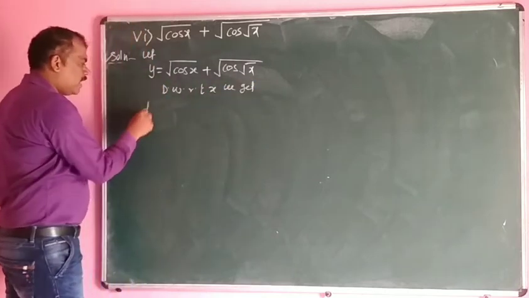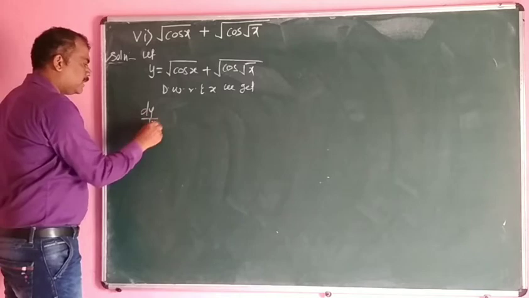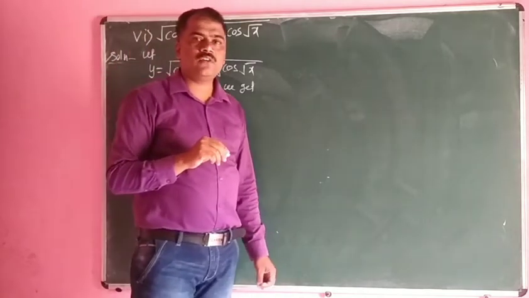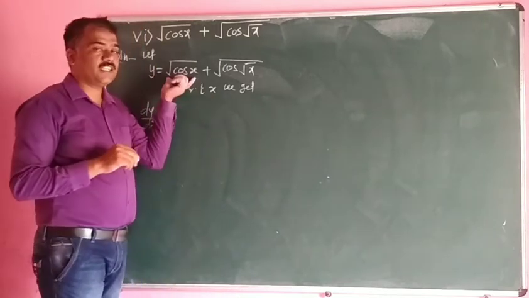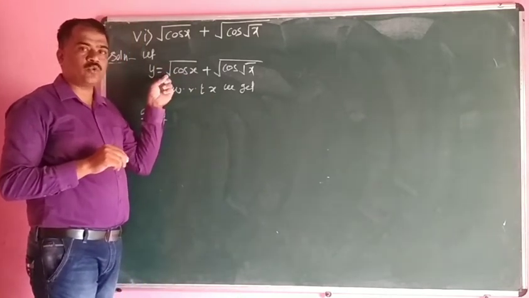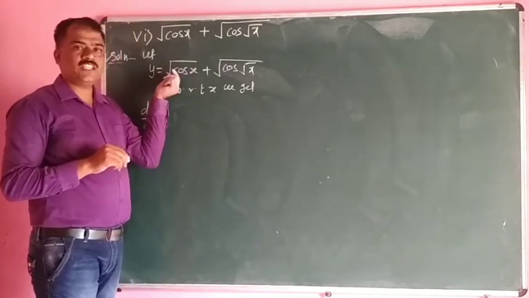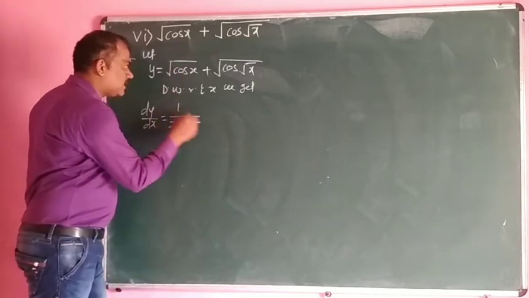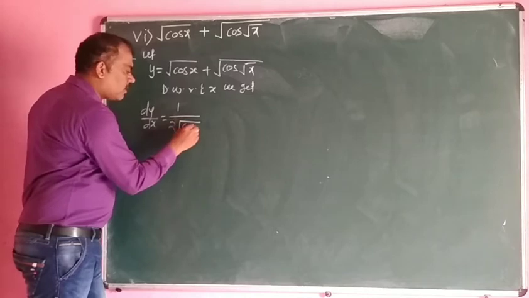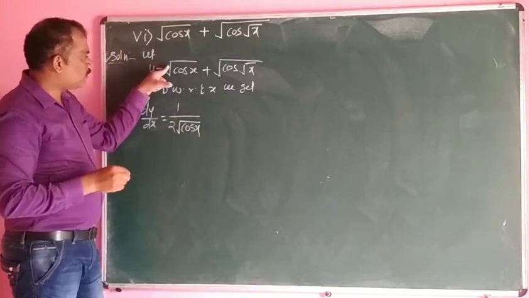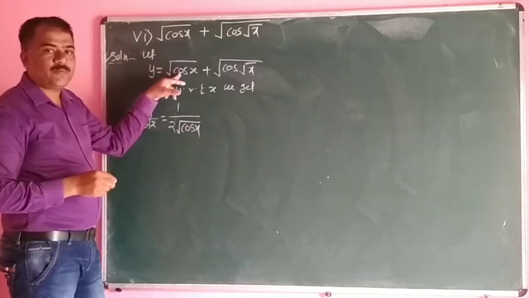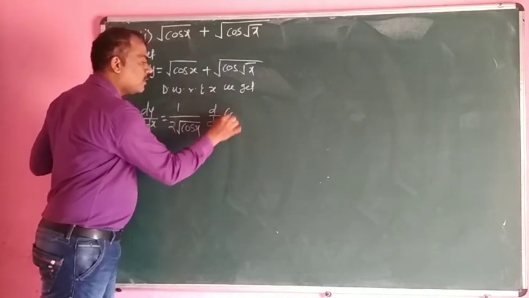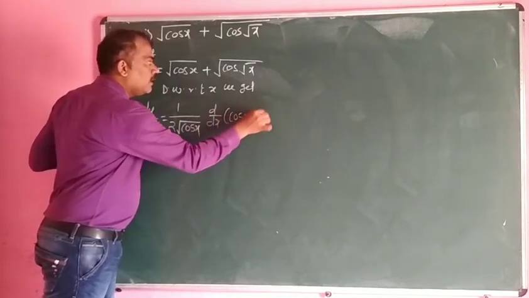Differentiation of this y with respect to x is dy by dx. We have to take the derivative of root of cos x. Means first we have to take the derivative of the root. We treat it like root x. What is the derivative of root x? 1 upon 2 times root x. Instead of x we can write cos x, into d dx of cos x, plus,